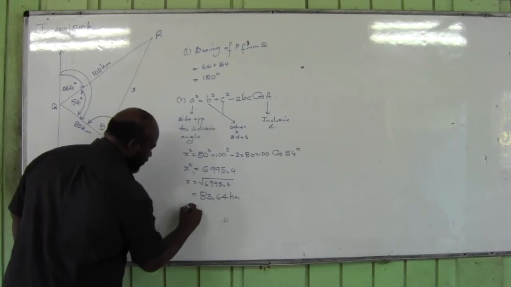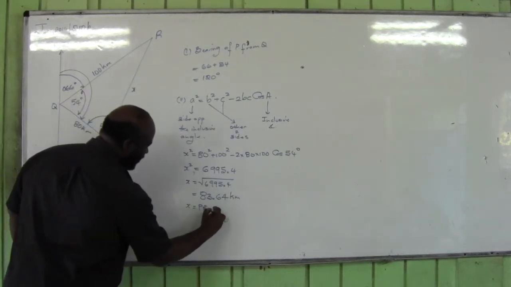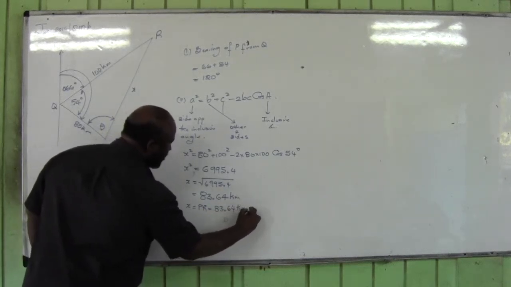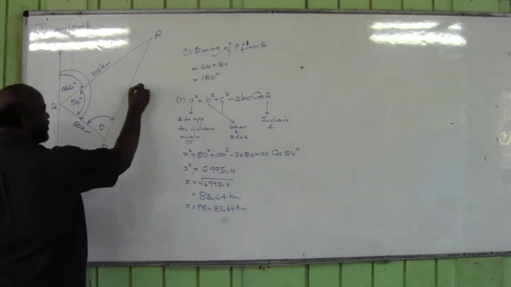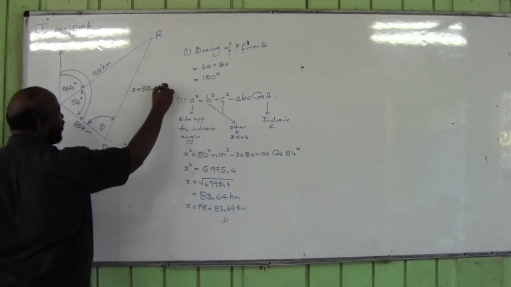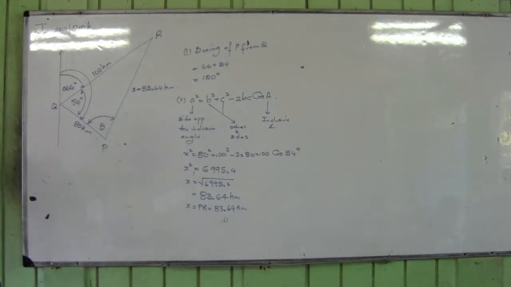So x, which is PR, is equal to 83.64 kilometers. Stay with me. We're ready to calculate this angle. This is 83.64 kilometers. Now we're at the third part where we're to calculate angle